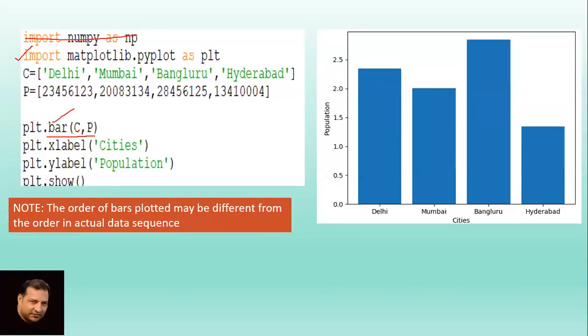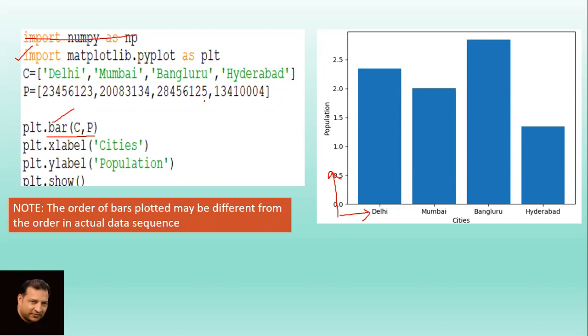So plt.bar c, p. C stands for cities. It will be on the x-axis, as you can see here. Population is on the y-axis. Now here it is coming in serial order: Delhi, Mumbai, Bengaluru, and Hyderabad.